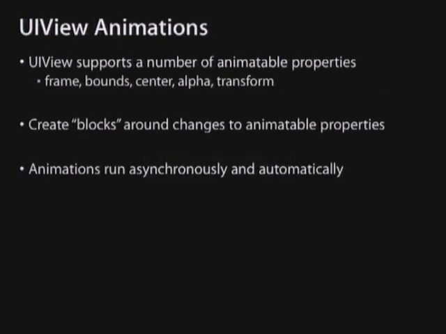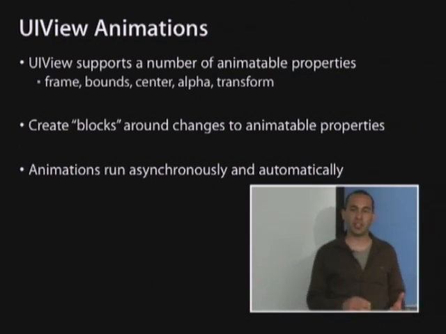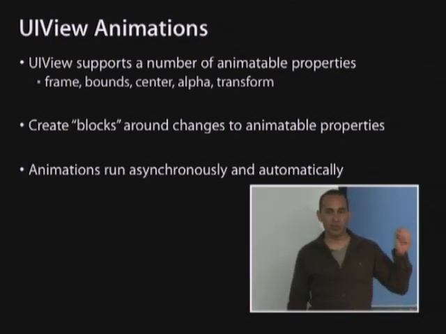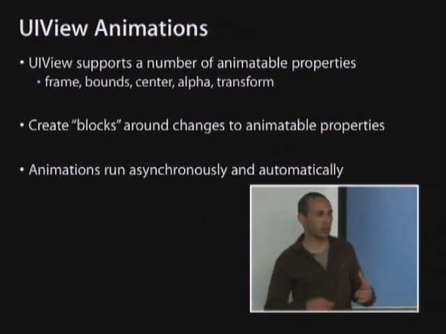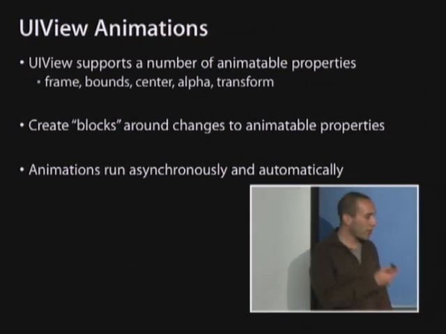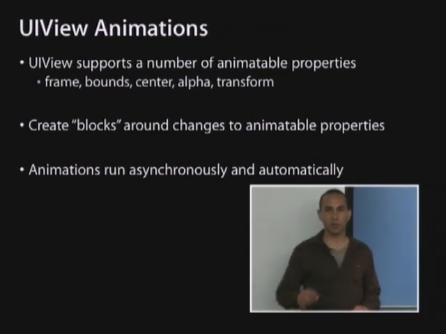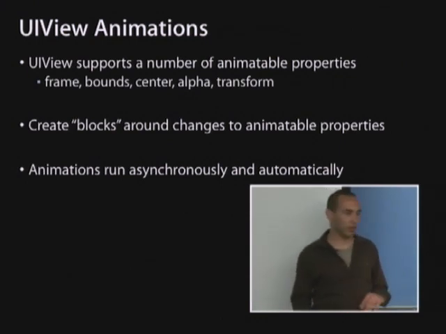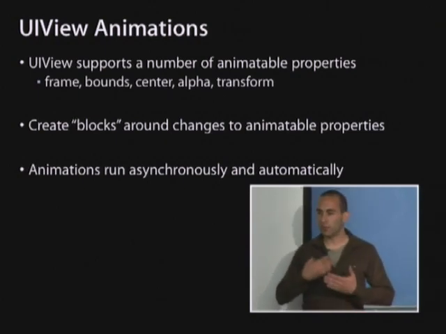So in UI animation, there are a few different properties that are animatable, and I know that's not really a word, but for free you get the ability to say, given the starting point, here's the ending point, this is the new value I want it to be, and here's how long I want the animation to take. So the properties here are frame, bounds. With frame, I can tell the object to move within itself. With bounds, I can have the object crop within itself, all animated. Center, again, movement. Alpha, so fading in and out.